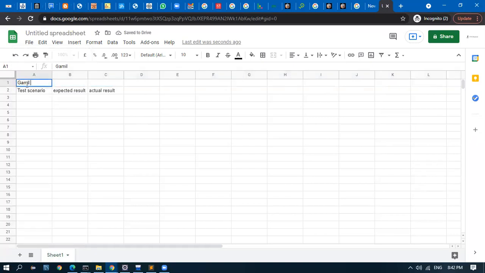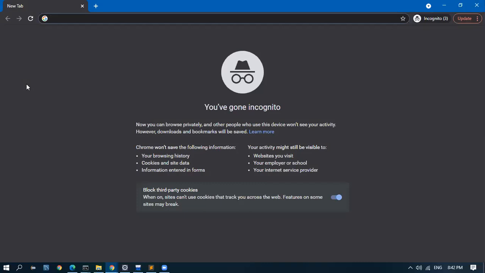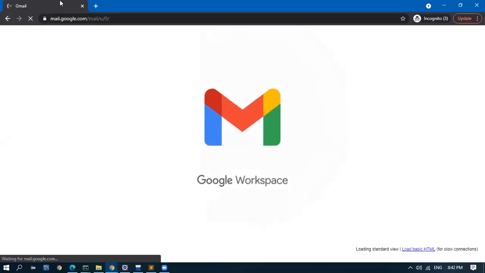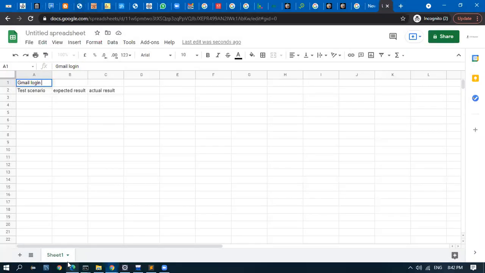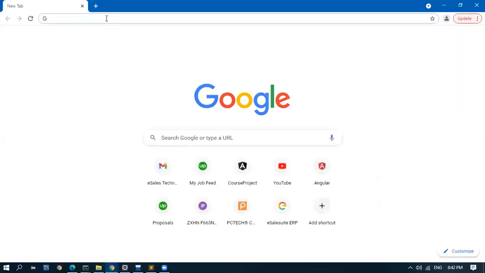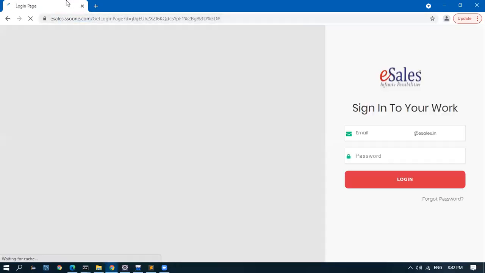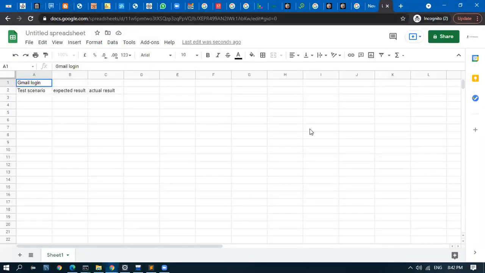So Gmail login, for the login page I'm going to do, and this is the Gmail login. So mail dot, it is logging in. I'll go here, mail.google.com. It is logging in.